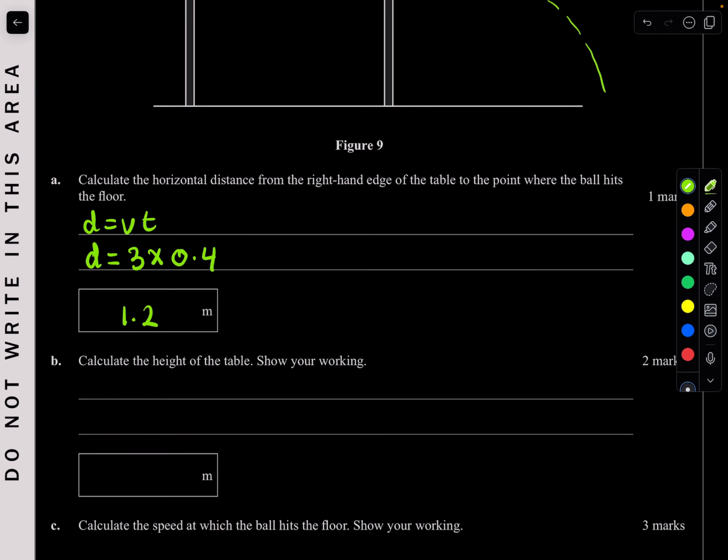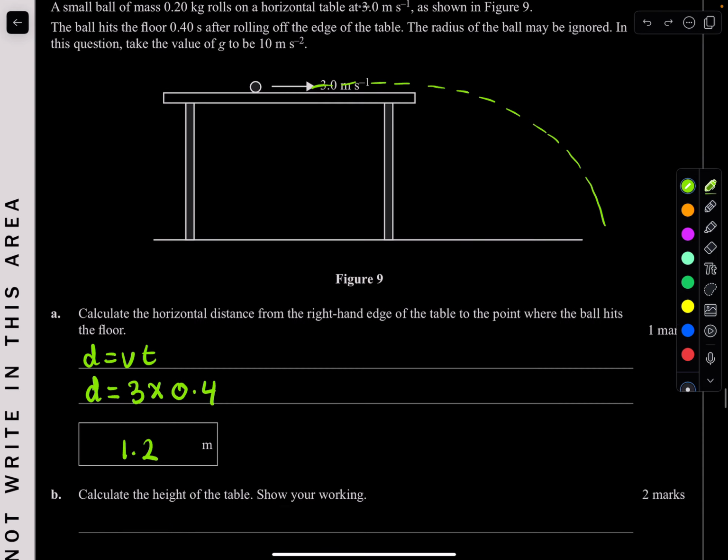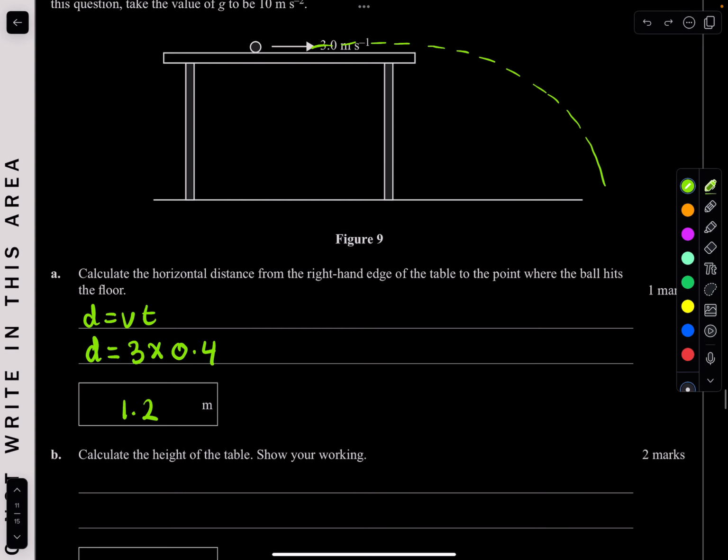Calculate the height of the table, show your working out. So we want to now calculate the height of this table. To do that, we just want to calculate the vertical displacement now. So let's do that. Well, we know that whenever we're looking at the vertical, your initial